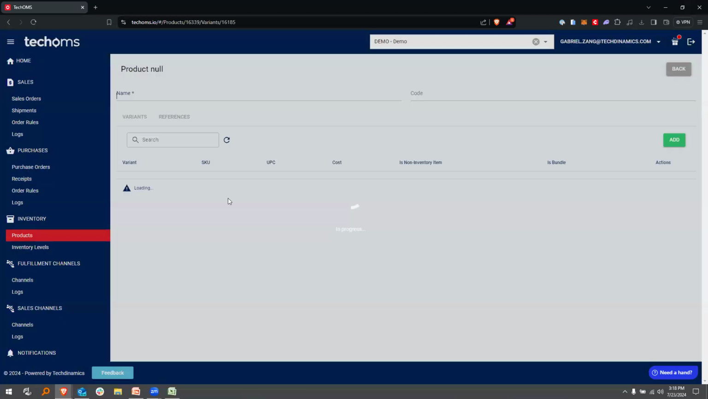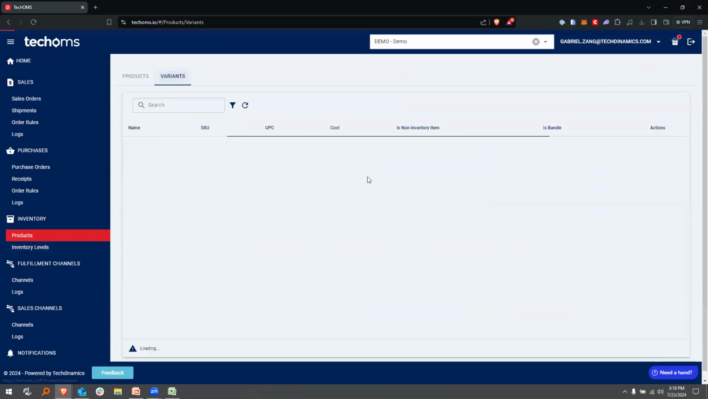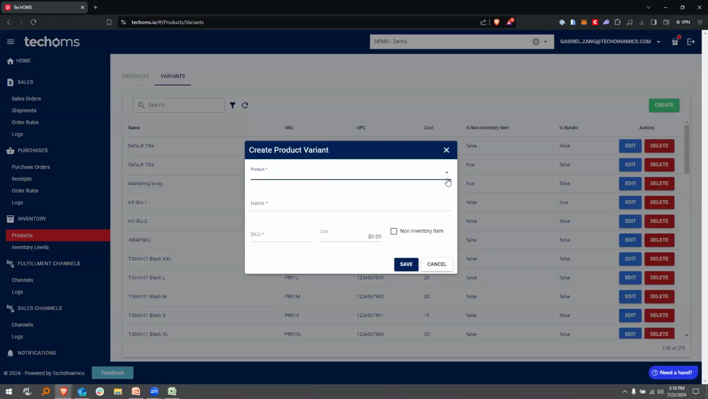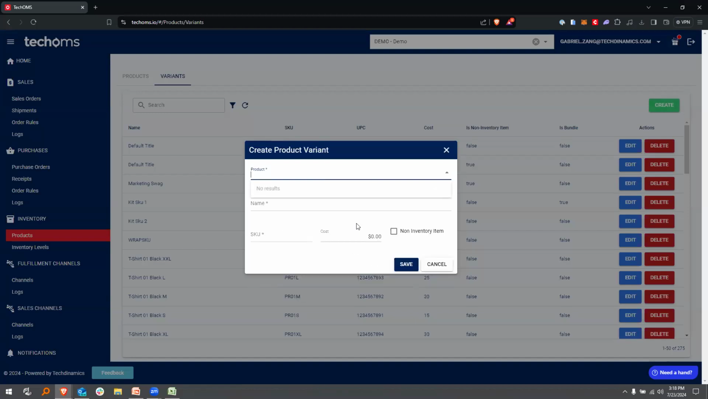Let's go back over here, and back again, so we can go to the variant section. When you create a variant, this variant needs to be tied to a product. In this case, for example, let's say we're going to do shampoo. Well, we're going to do